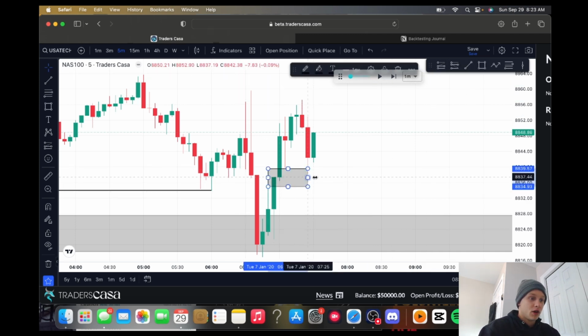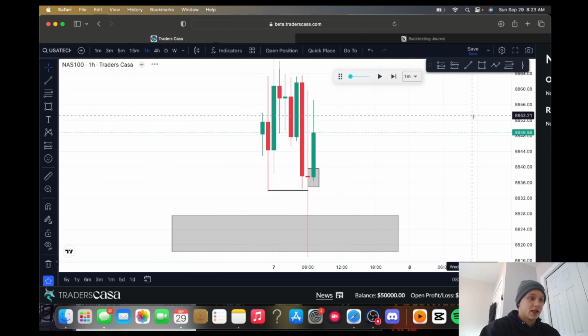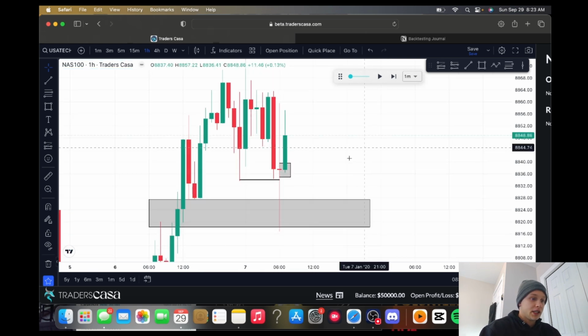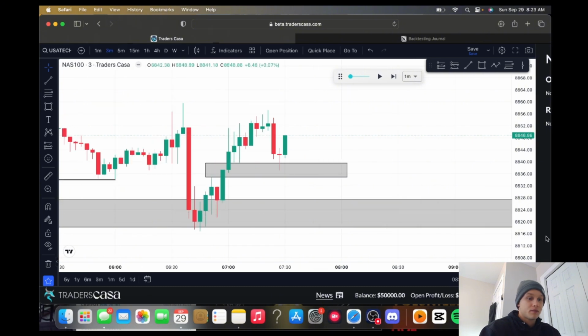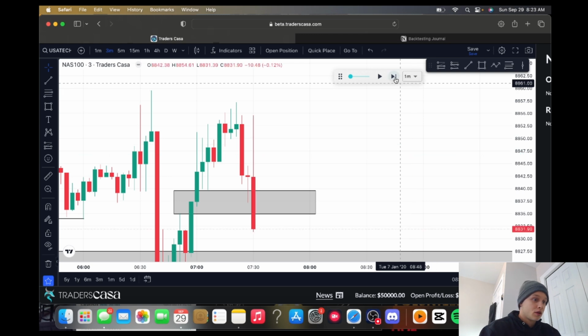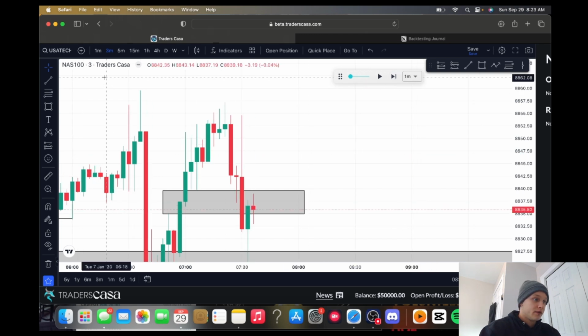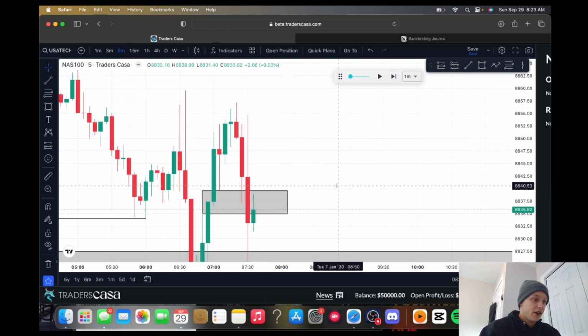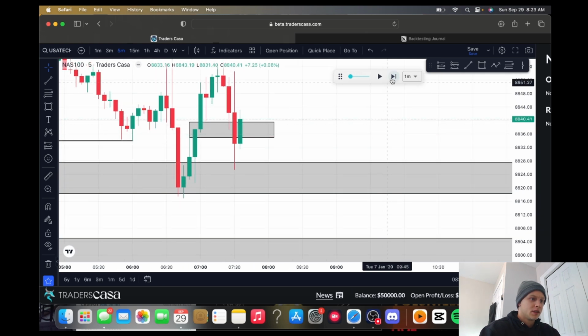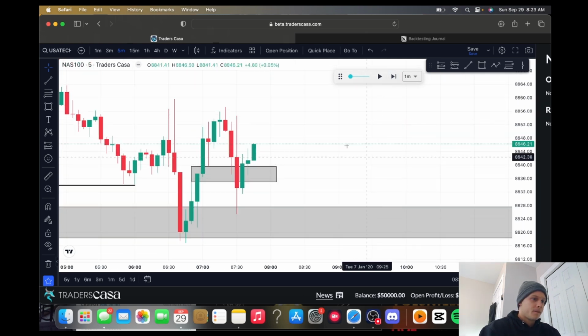I'm still open to longs because the main higher time frame target has not been hit, which is the highs up here. And we're respecting cleanly off this 4-hour fair value gap with a sweep of the low. So I don't hate longs. The only way I'll hate longs is if we disrespect 5-minute, which we did. So I'm going to wait for more structure to play out because I do think we're still going to go up, but we did inverse this fair value gap. I mean, we are tapping into this inversion.